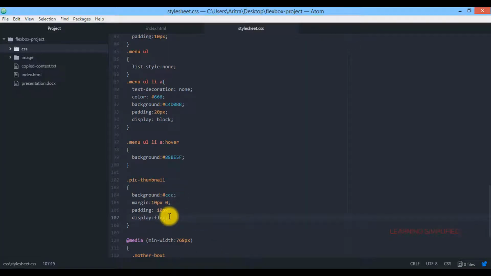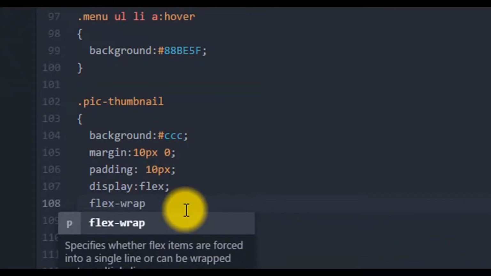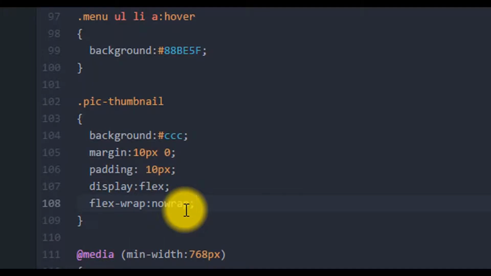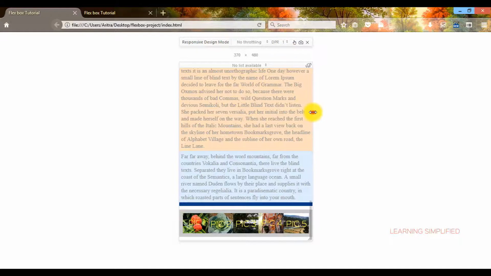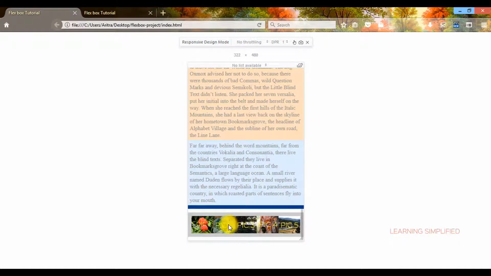So let's get back to our project, and we are using here this term which is known as flex wrap. Now in general, flex wrap uses this no wrap option, and that is the main cause that even if you just shrink, you can see that it is getting very stubborn in nature.